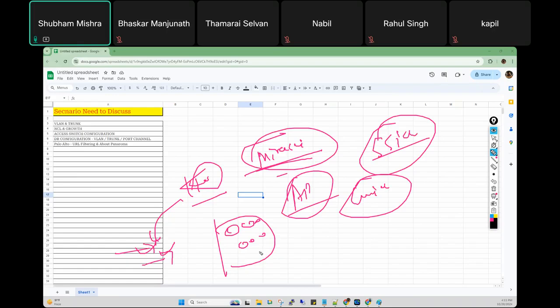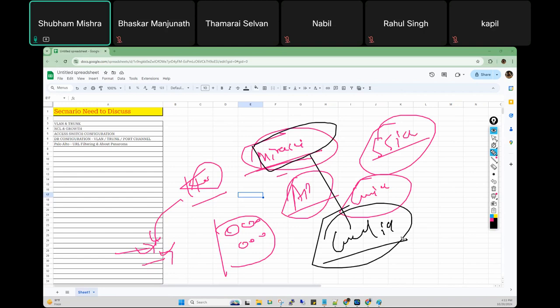For this, what will you do? It's guest Wi-Fi. In Meraki, there is one feature that is called guest ID, and guest ID validity is maximum 30 days.